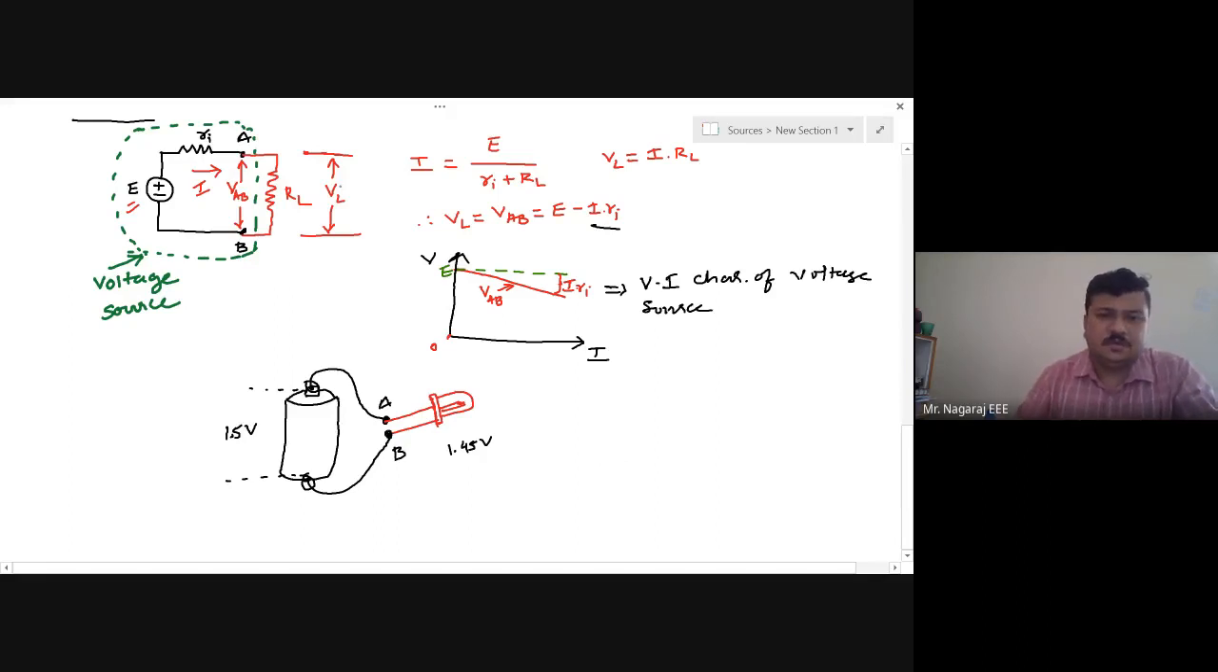One thing we should remember is that whenever the voltage source is not in service,